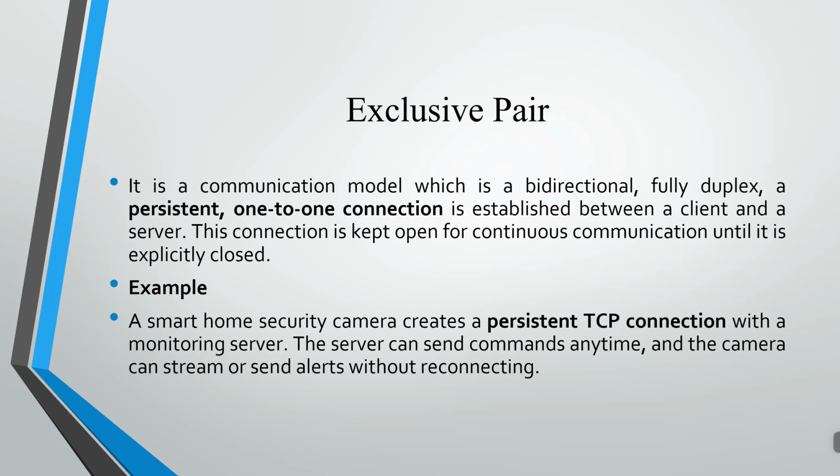As I already mentioned, a smart home security camera persistently keeps a TCP connection while you are monitoring it. The server keeps a connection, and using that connection, the monitoring activity takes place. The camera can stream the data without reconnecting. This is what is called the exclusive pair